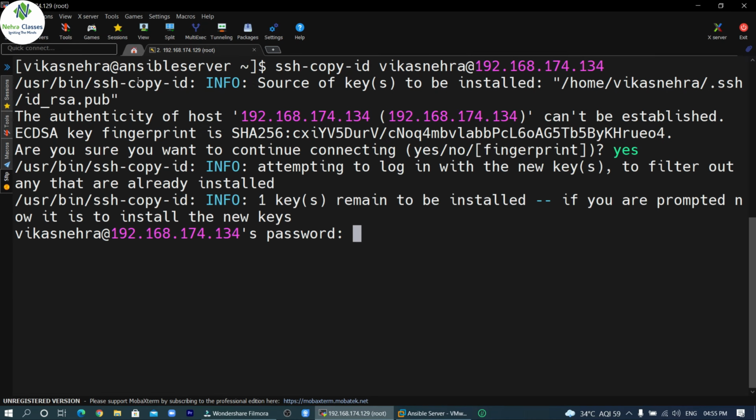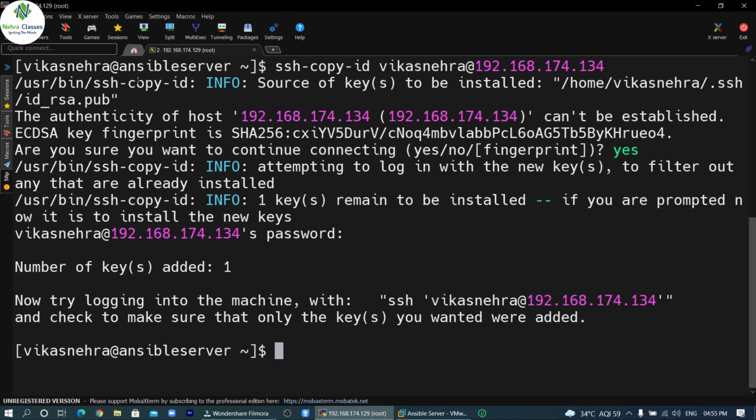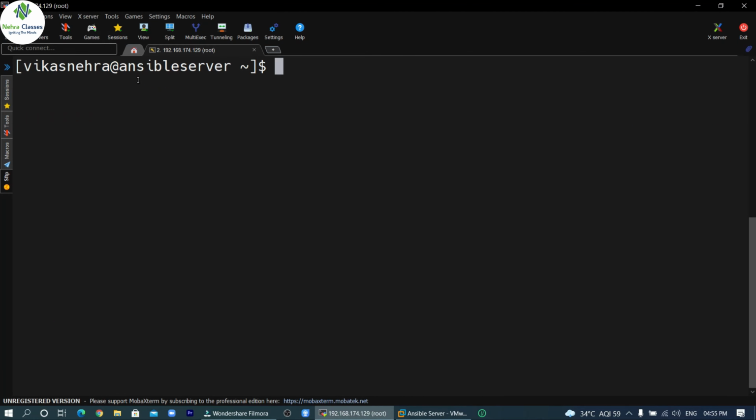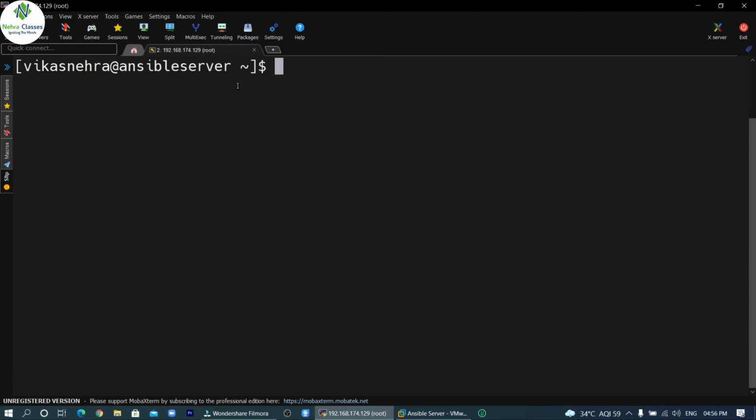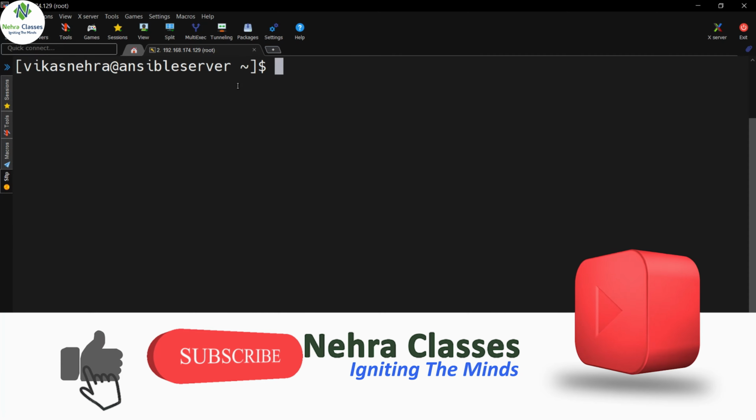Let me provide the password for Vikas Nehra, and we are done. Now we will verify whether the passwordless authentication is working or not. So we will simply try to do SSH here to the node machine. You can see that we are in the node 2 machine without using the password of Vikas Nehra user. Now let me come out. So we have successfully set up the passwordless authentication for Vikas Nehra user who will be using Ansible modules, and